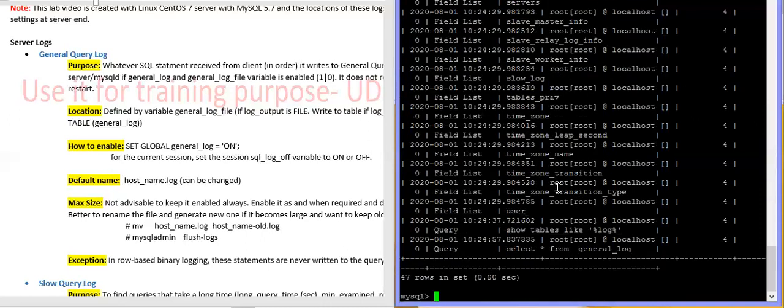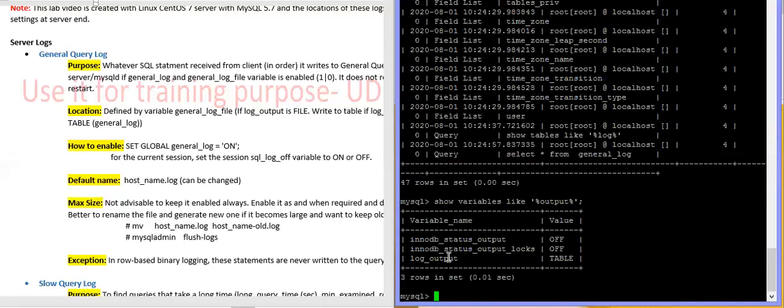So now let's change the log output type. Show variables like output, so set global log_output equal to file.